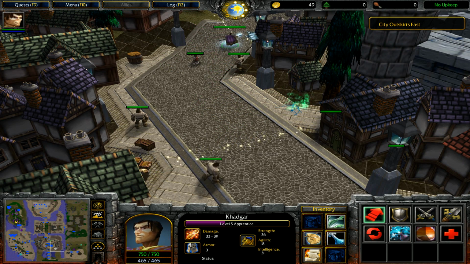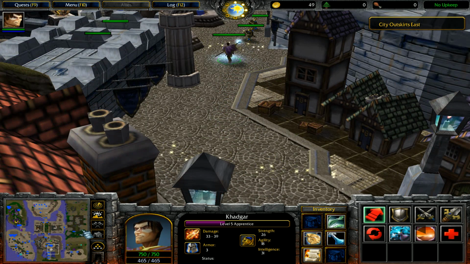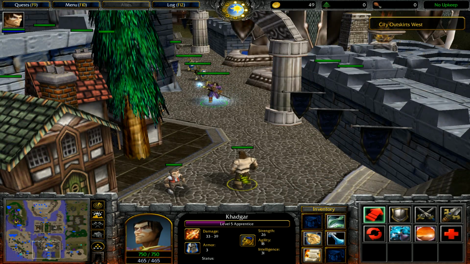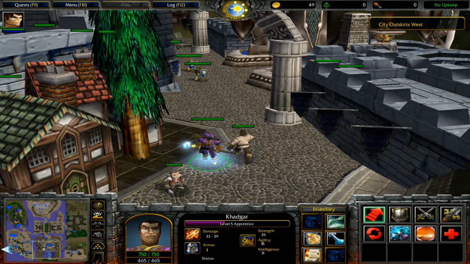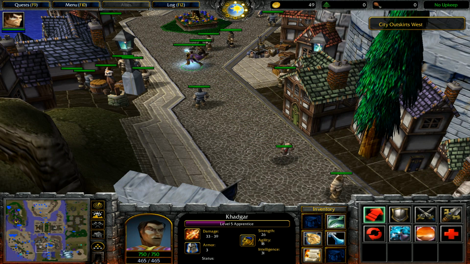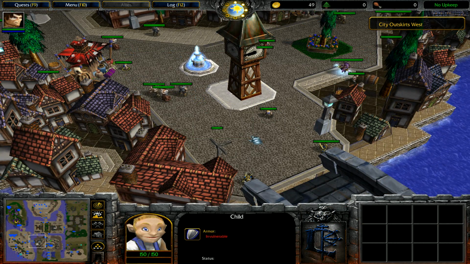Okay, so let's see if we can make our way over to the docks. I think I took the long way. That's okay. Where would there be Tabasco? There's nothing over here. This was where we ended up getting warped to once we entered that shop. Maybe we should go into the shop again and see if maybe...